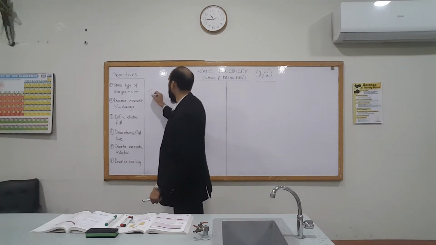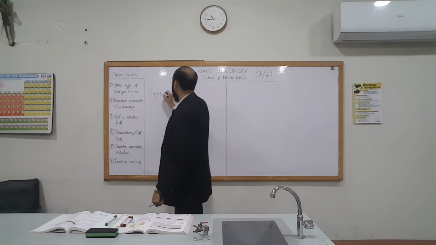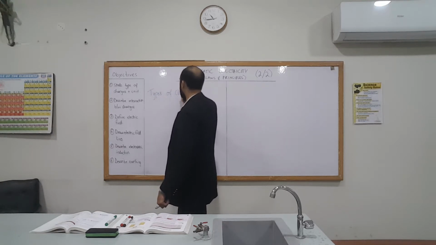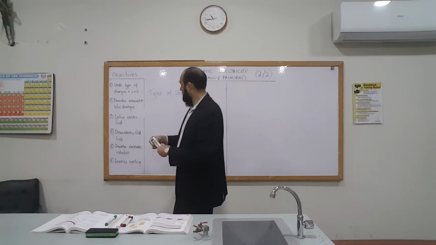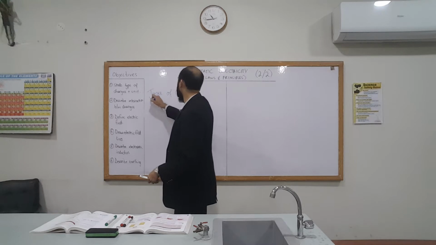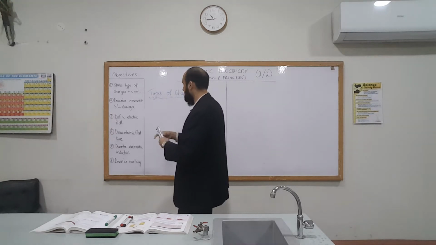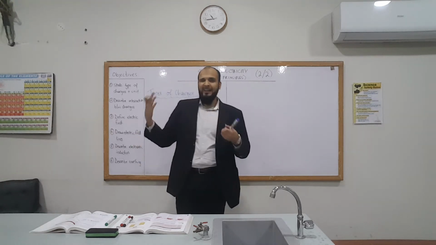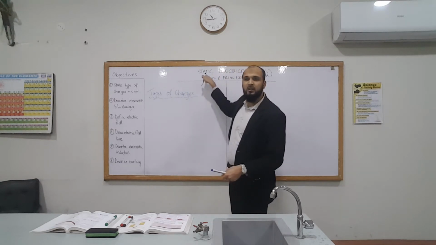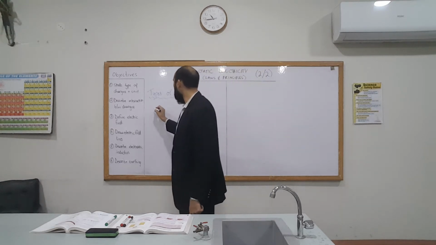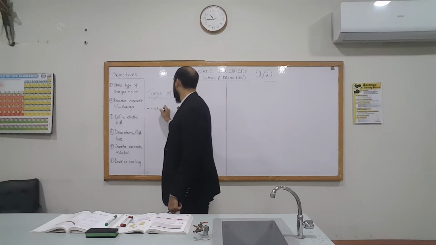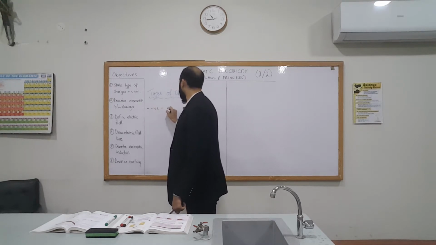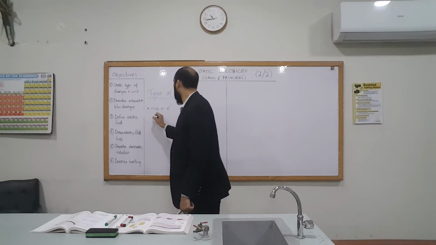So can somebody help me out? Okay, what are the different types of charges? Okay, fine. So we've got negative charges versus positive charges. Can you give examples of negative static charges and positive static charges? Negative are electrons, and in positive you've got protons.